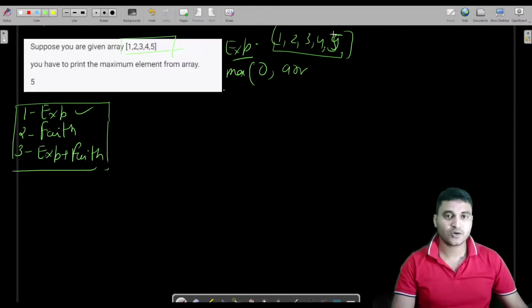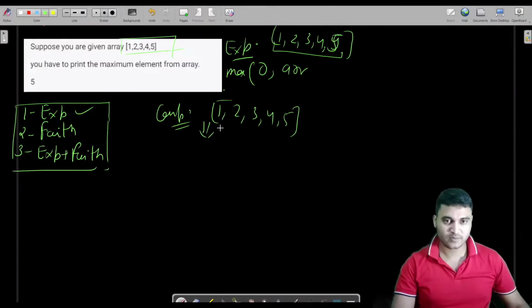It will compare all the elements 1 2 3 4 5 and return the maximum out of all these elements, which is 5. So this would be returned. This is my expectation.